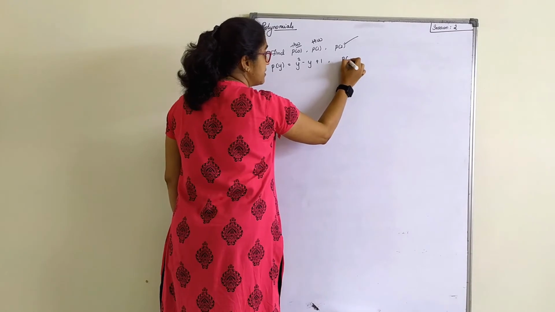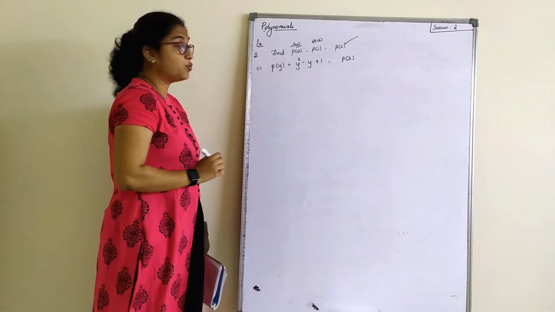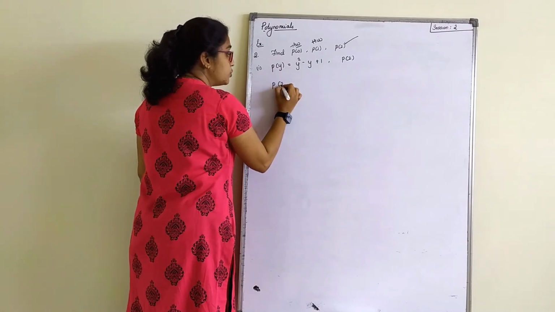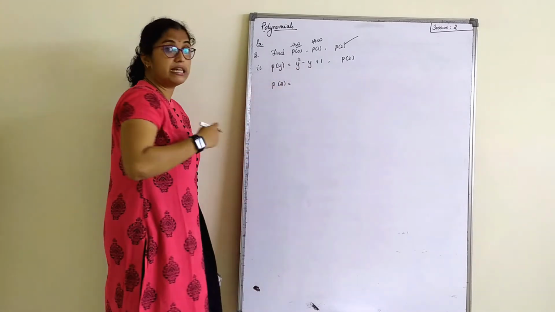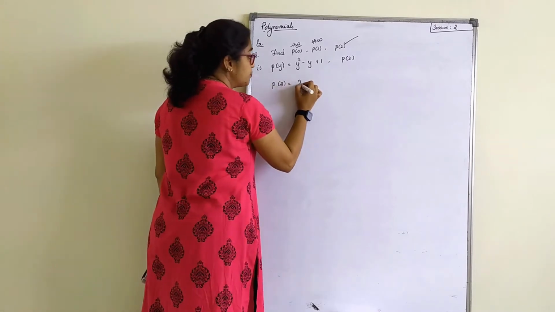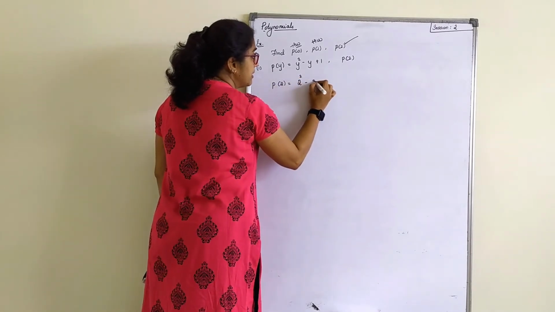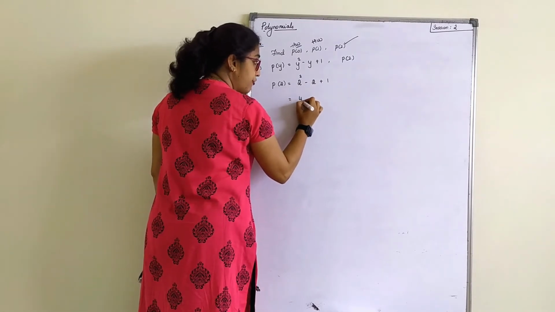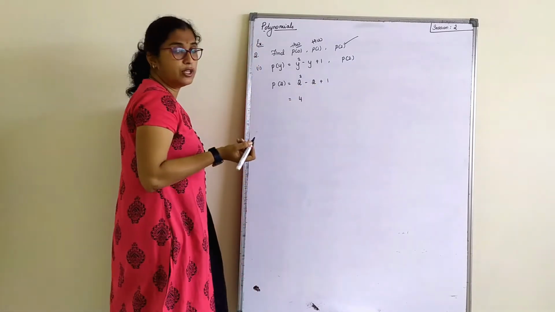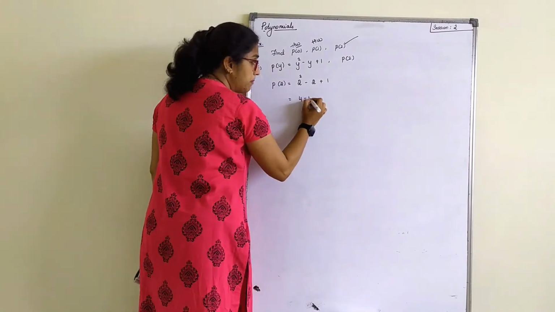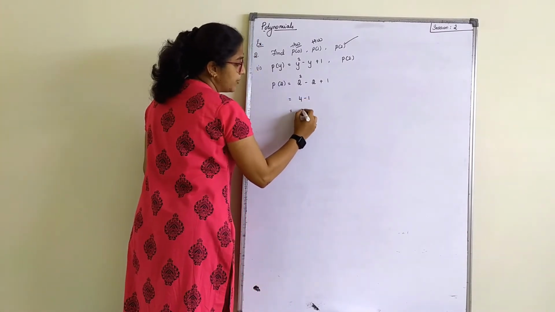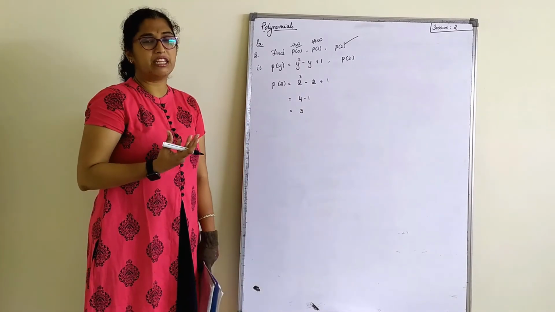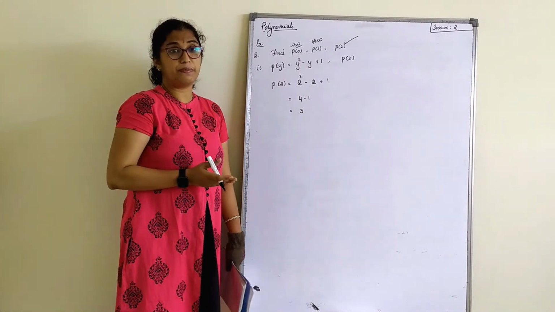What value is it? It is P of 2. So instead of y, I will substitute the value as 2. Wherever y is there, I will go on substituting 2. So it is 2 square minus 2 plus 1. 2 square is 4. So minus 2 plus 1 you can simplify. It is minus 1. 4 minus 1 is 3. Isn't it very simple? It's only very simple calculation. Polynomial is a very simple chapter.